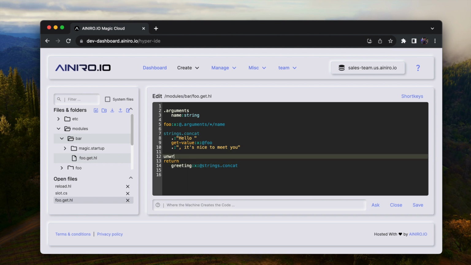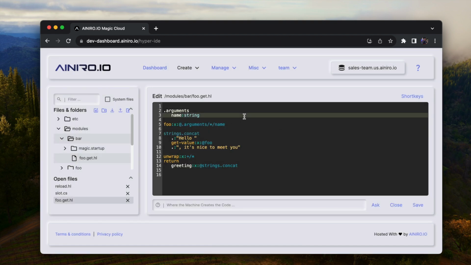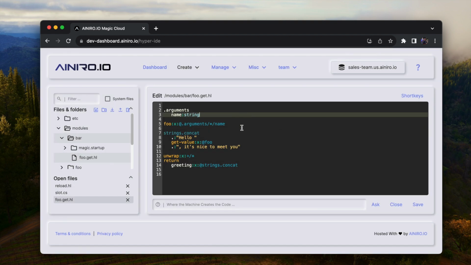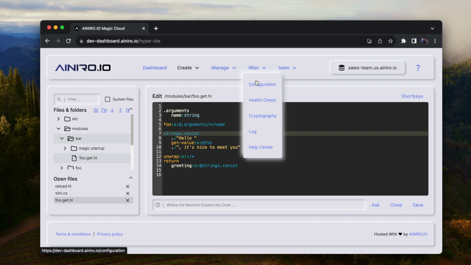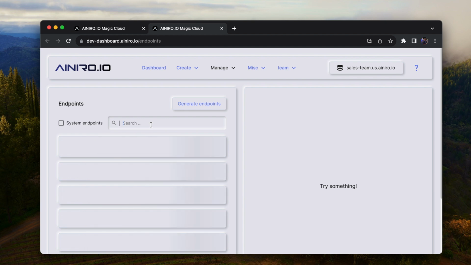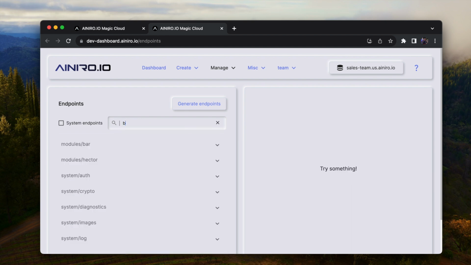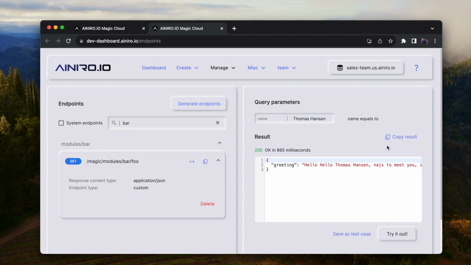Strings.concat and wrap x: plus / save, execute, pass in arguments name string foo. Hello, unwrap. Let me try it in endpoints, open in a different browser window. And then let me filter on the bar module. Name, Thomas Hansen, and it's going to look funny now because it says nice to meet you twice or something,